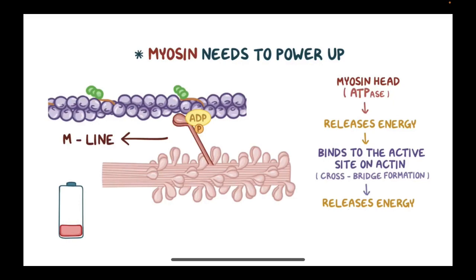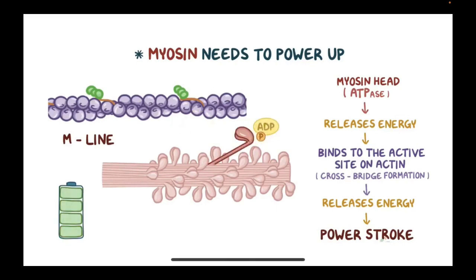And when this happens, the myosin heads launch towards the M line, pulling the thin filaments along with them, and this is what we call a power stroke. The combination of the power strokes of all these myosin heads leads to the sliding of the thin filaments along the thick filaments, right, back and forth as you see here. Once the power stroke is done,